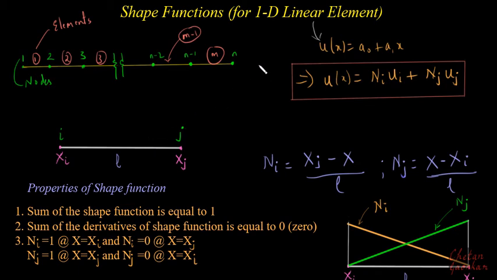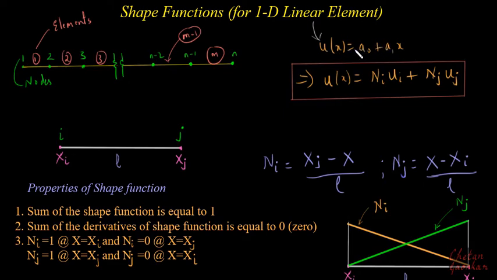So last time we saw one important concept in finite element method, that is the shape functions, and we had derived the shape function for 1D linear element. 1D means the parameters will be changing only in one direction, and linear element means we derived the displacement model of this element